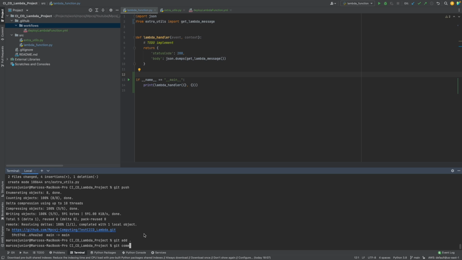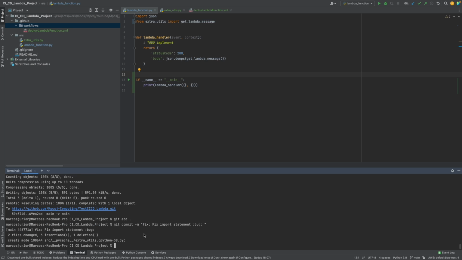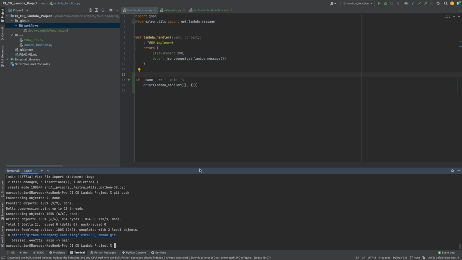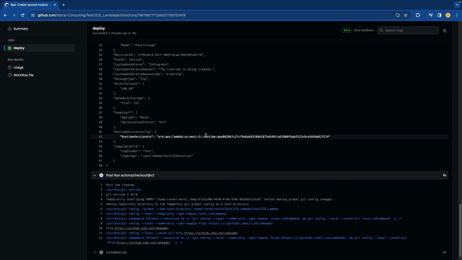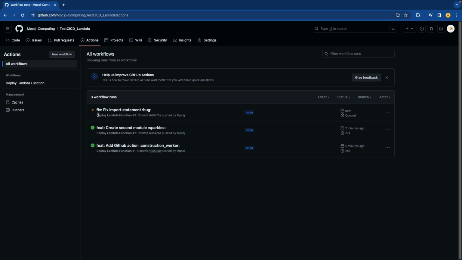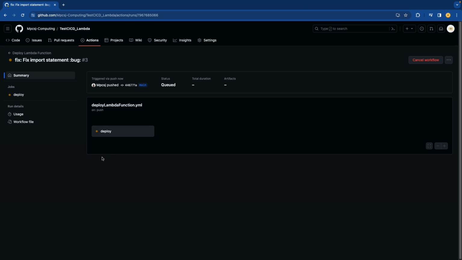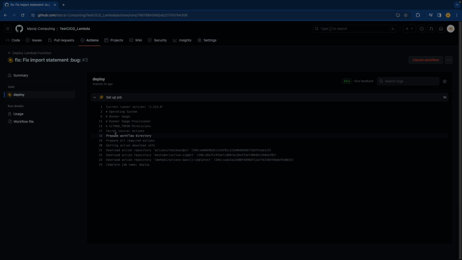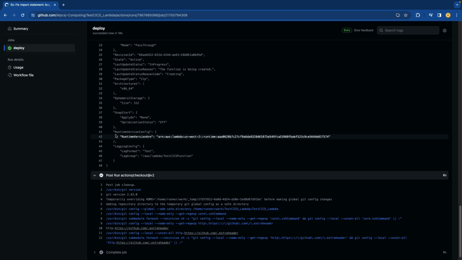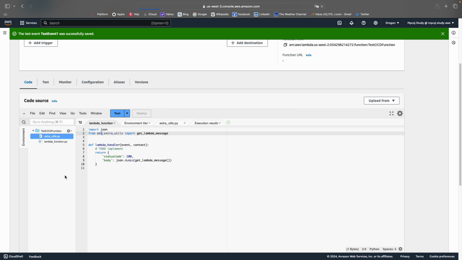Git add, git commit -m, fix import statement. And this is a bug, so I'm gonna pass here a bug emoji, and then let's push the changes. Let's go back to the GitHub actions, see our action, and wait for it to finish. Okay, perfect. After a few seconds, our GitHub action is complete. Let's go back to the AWS console, refresh the page,